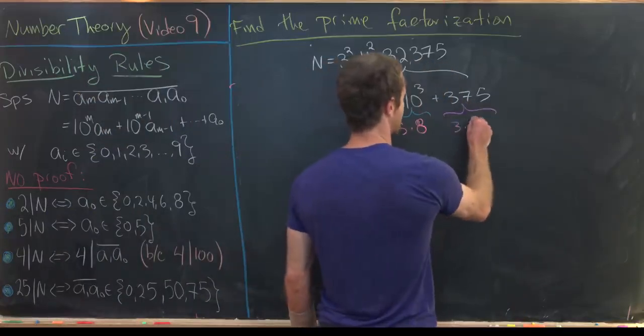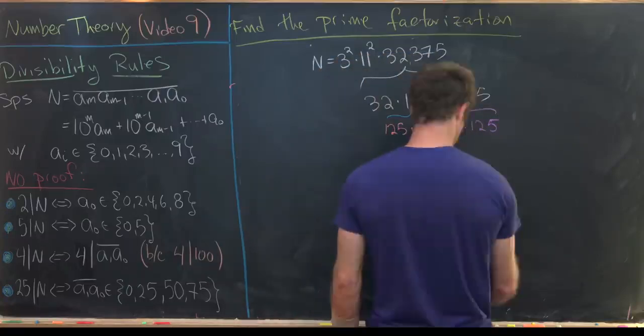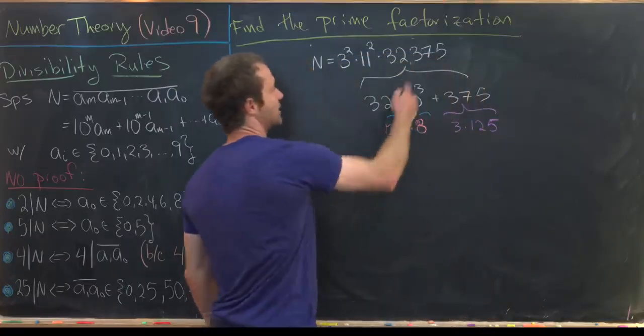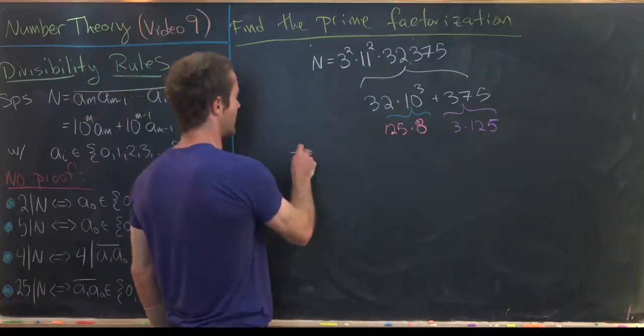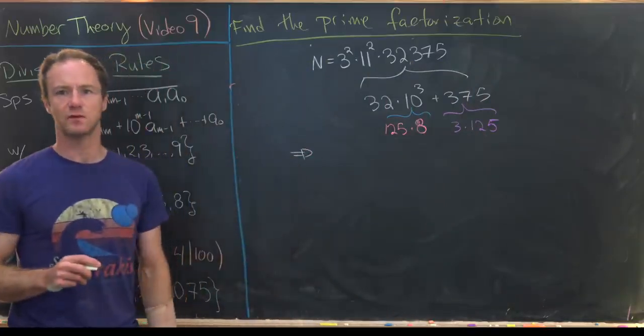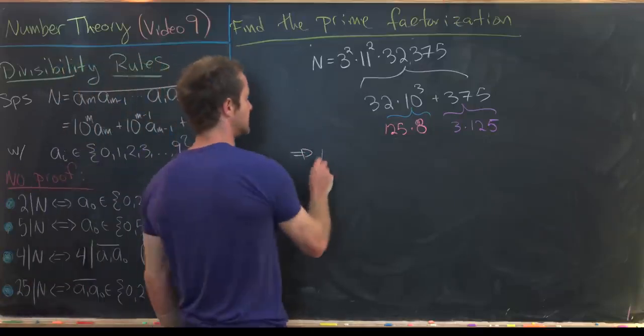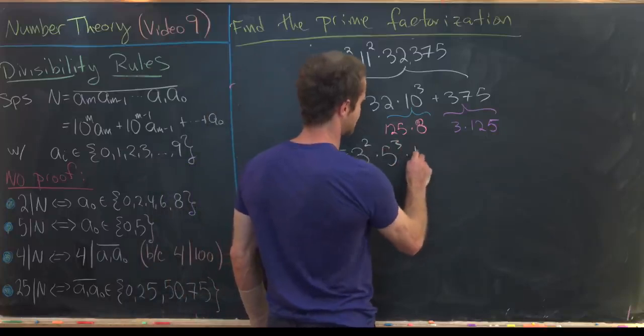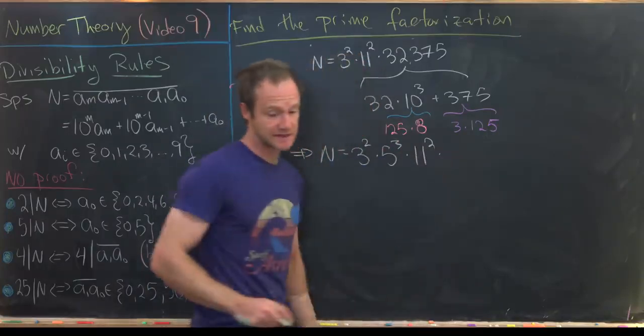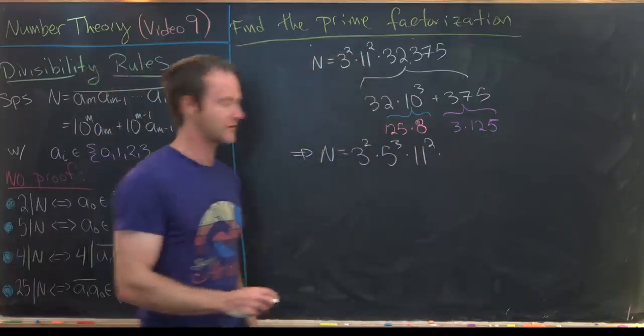Okay, and now we can notice that 375 is equal to 3 times 125. So that means 125 can be factored out of this whole thing. 125 is equal to 5 cubed. So we've got n is equal to 3 squared times 5 cubed times 11 squared times, let's see what we've got left over. We've got